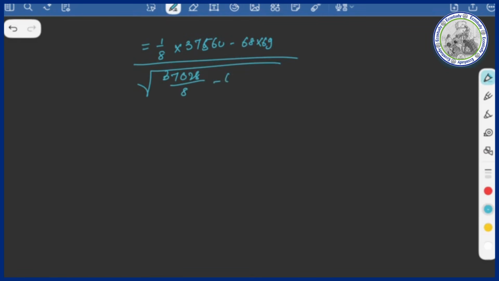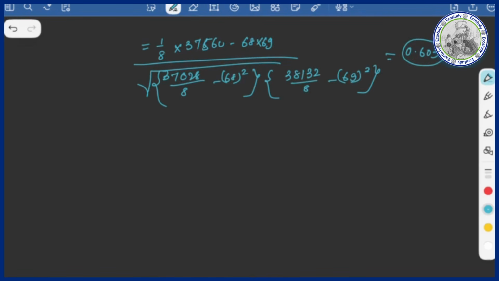That is 1 upon 8 into 37560 minus 68 into 69, divided by 37028 divided by 8 minus 68 whole square, and 38132 by 8 minus 69 whole square. And you will get the answer after solving this,